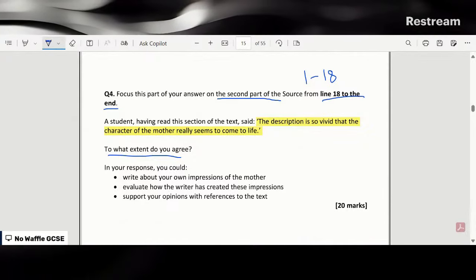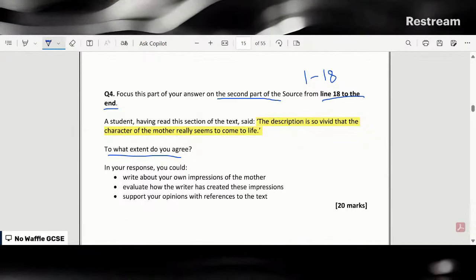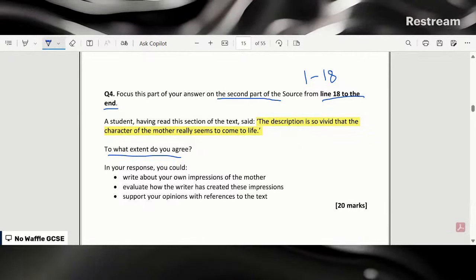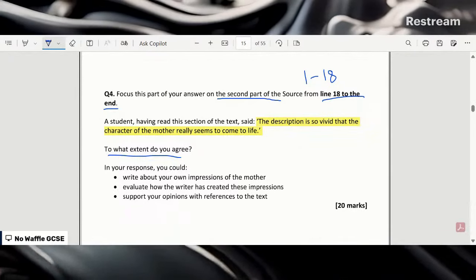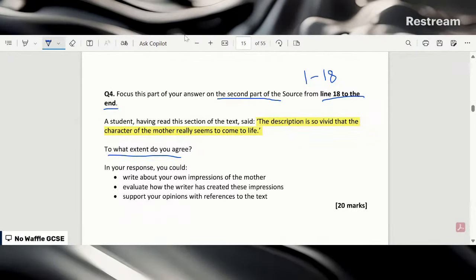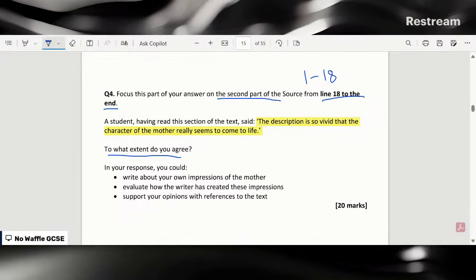Okay, so we're going to look at this. What we have to do first is go and look back at the text and look at